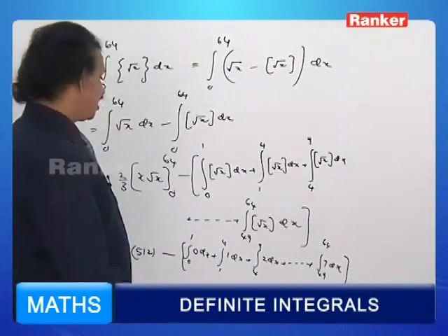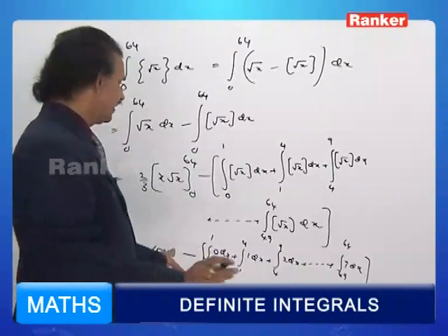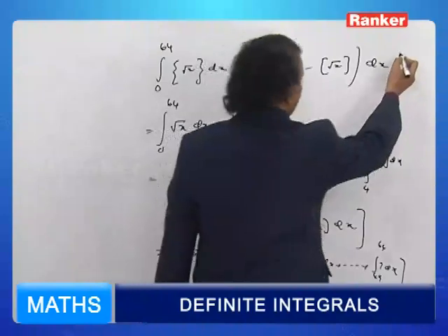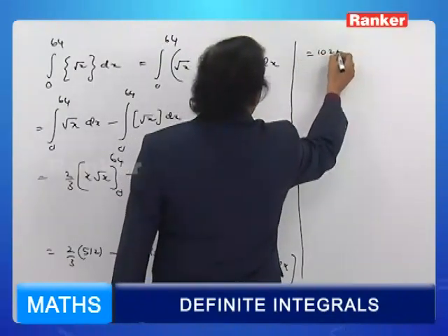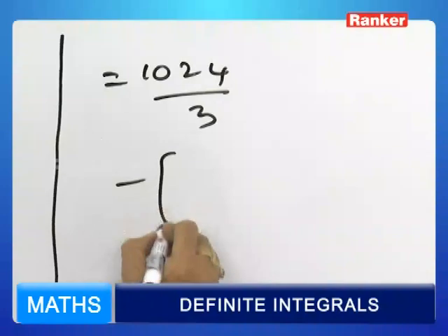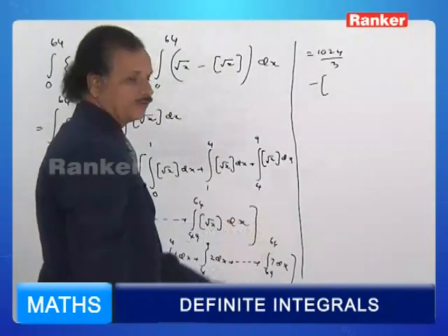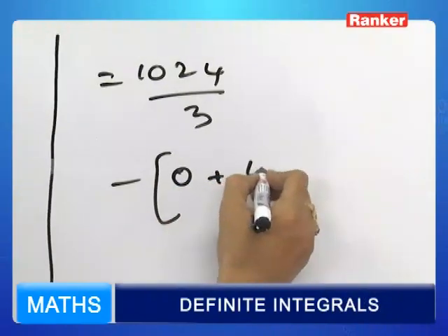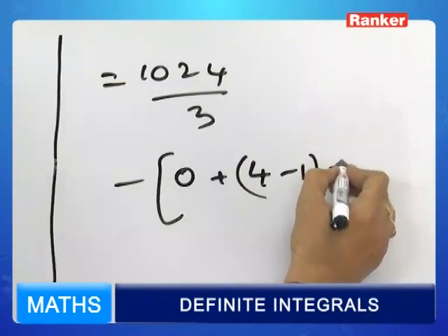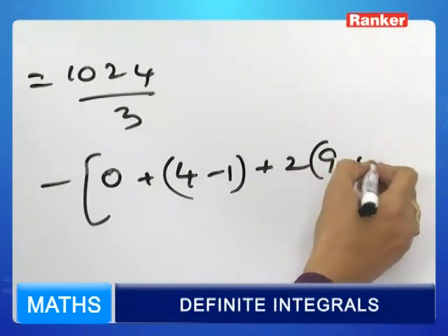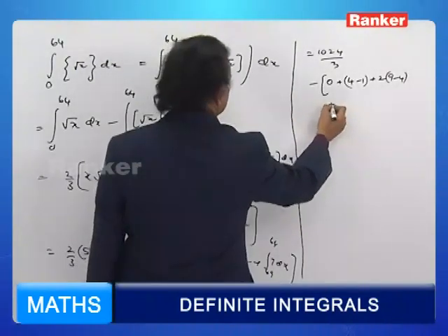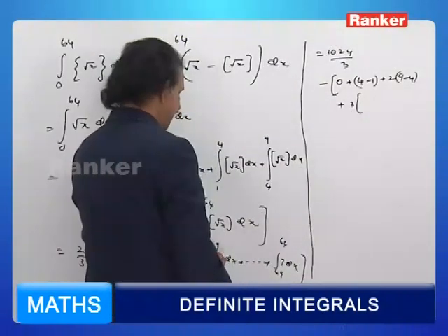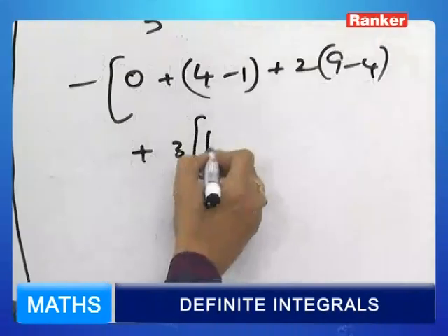Now the process of simplifying this is only remaining. What is 2 into 512 by 3? It is 1024 by 3. 1024 by 3 minus. Come on. The first one is 0. Forget it. Plus 4 minus 1 plus 2 into 9 minus 4 plus next 4 to 9 and then 9 to 16. 16 minus 9